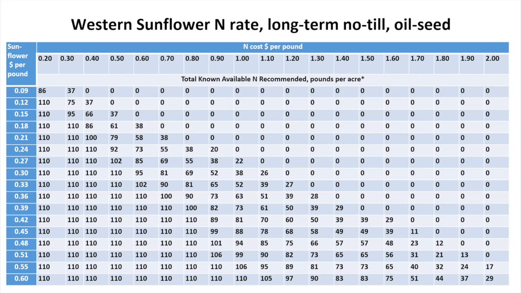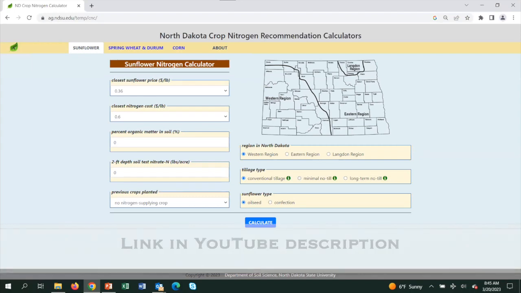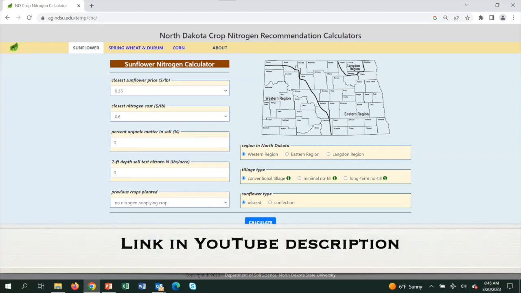So for a given sunflower price, as the cost of N increases, the rate that you apply to a point decreases, because we're trying to make money here. The reason you're putting on fertilizer is to make money, not to make sure that your supplier gets his annual trip to Hawaii. So we want to make sure that you make the most money with your N rate. And so this does that. So to find these updated recommendations, you go to my website, Dave Franzen, NDSU,